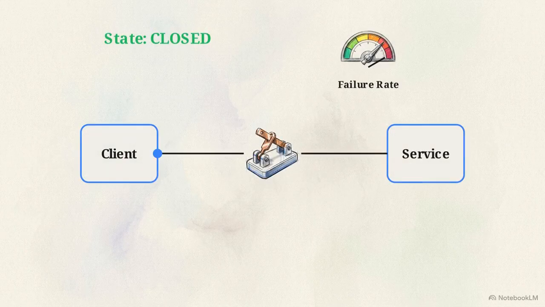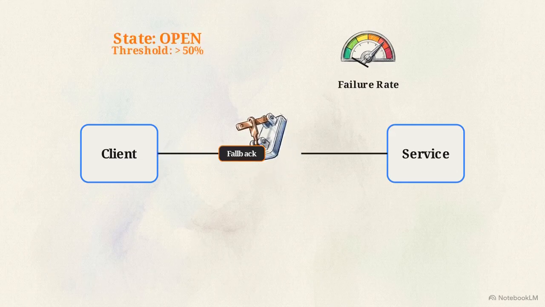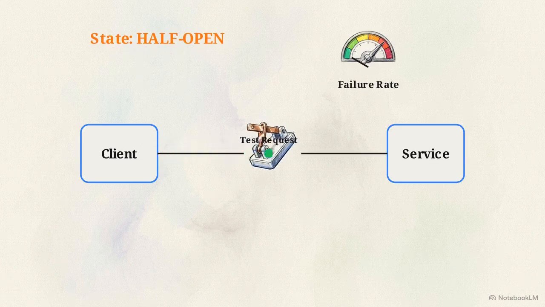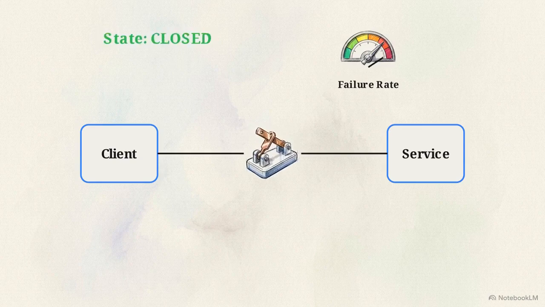Notice how this logical circuit operates. When failures cross the threshold, the circuit transitions to open. It immediately blocks the network traffic and returns a graceful fallback response, instead of hanging and consuming resources. After a set duration, the circuit shifts to a half-open state. It allows a limited number of requests through to test if the downstream service has recovered, before allowing full traffic